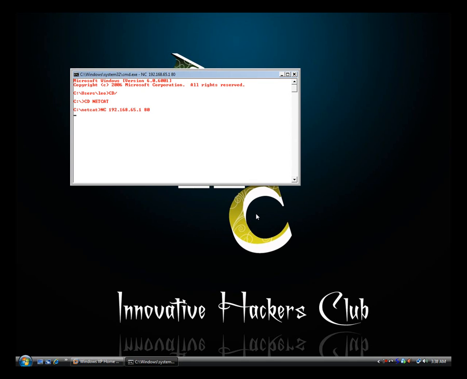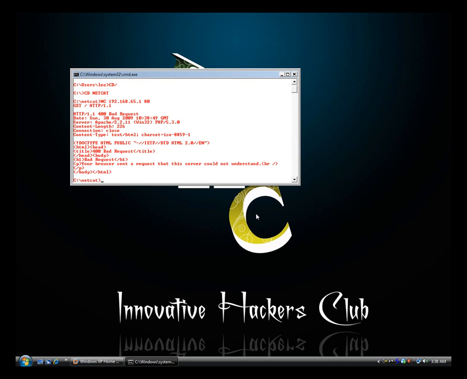Then press enter and type the GET command. GET space / HTTP/1.1 and then hit enter 2 times. Here you can see the information of port 80. So in this way you can get information of any port by using Netcat.